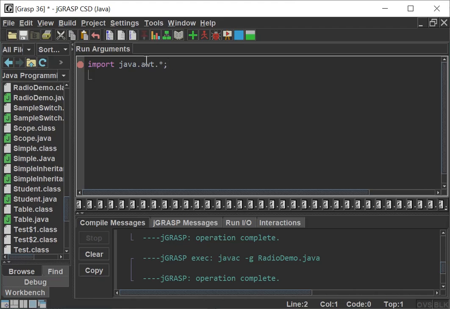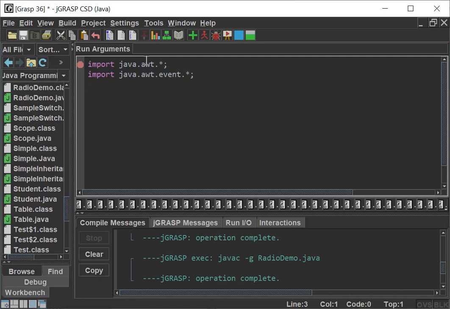And in order to perform the event handling, I have to import the java.awt.event package, import java.awt.event.*.